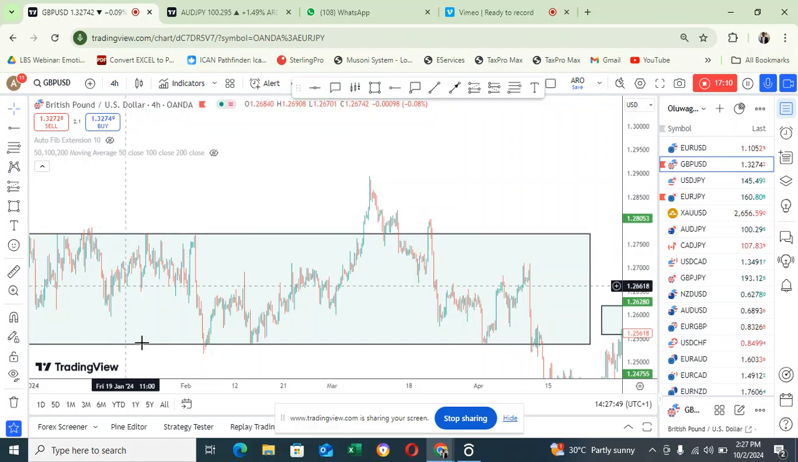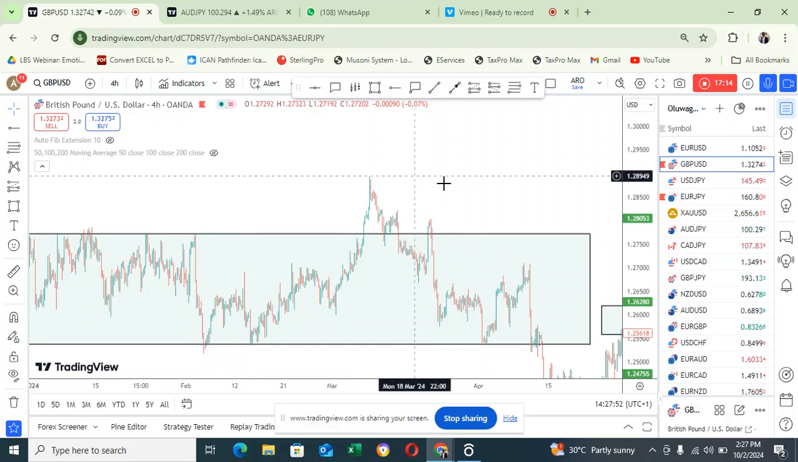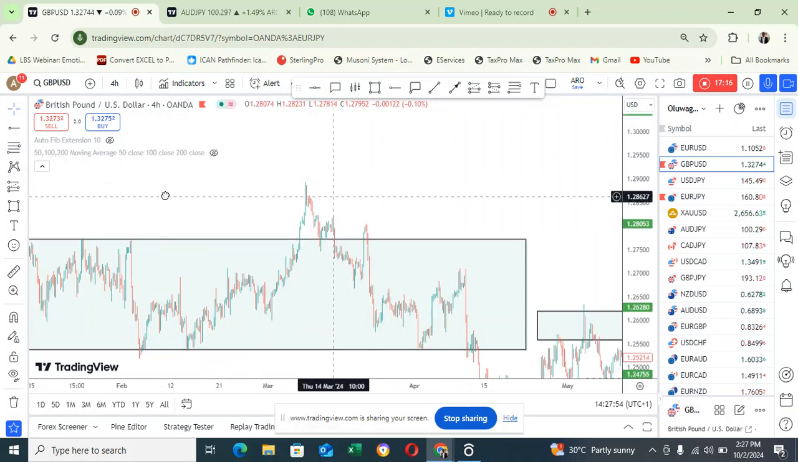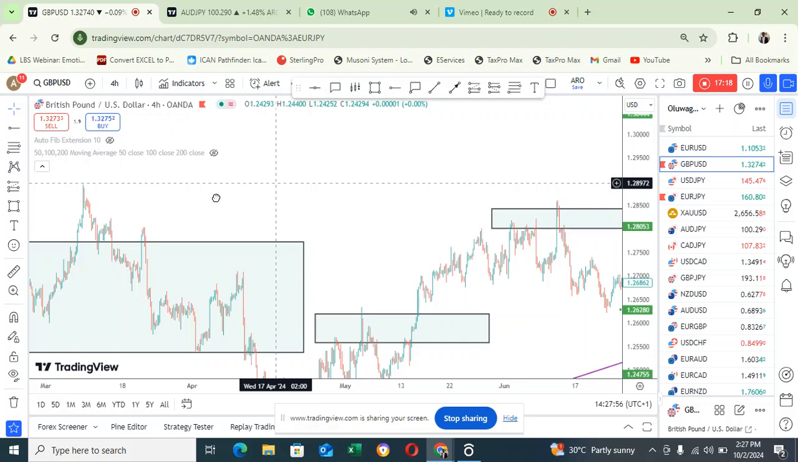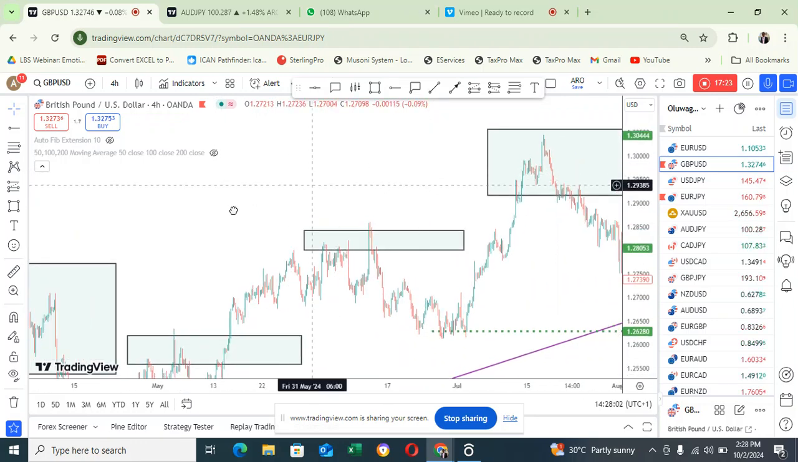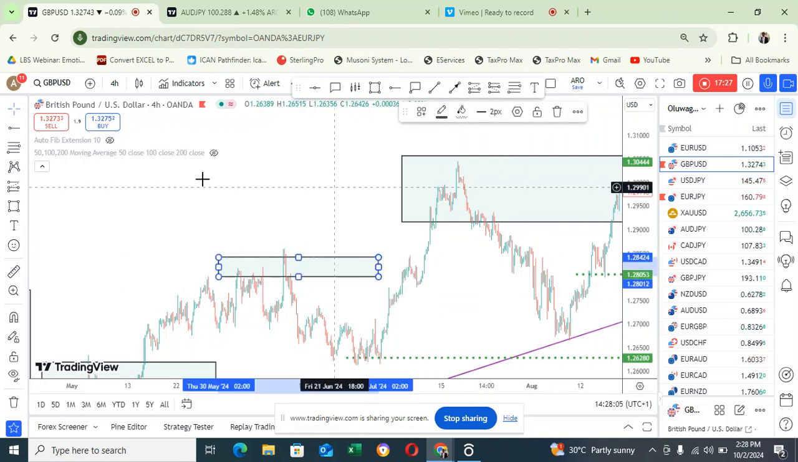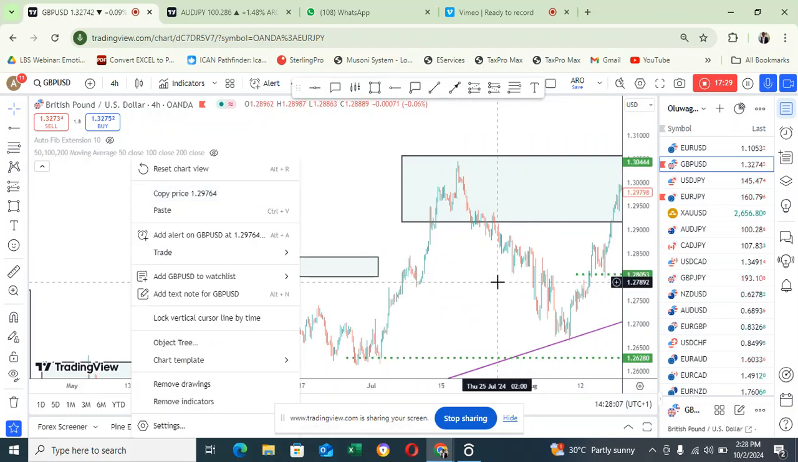You buy here, you sell here, you buy here, you sell here. The market will just be moving in that particular region. That's what a range market implies. So let's check